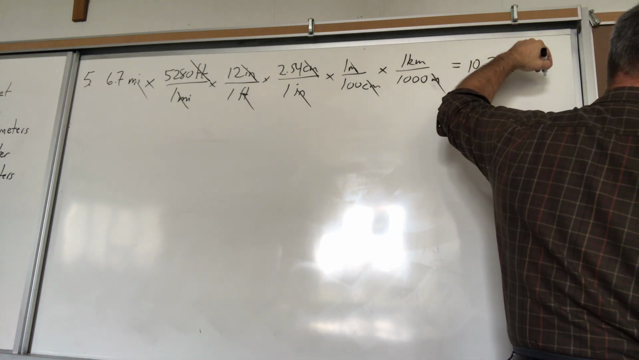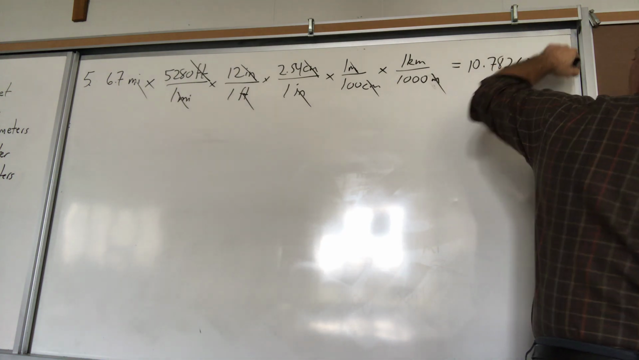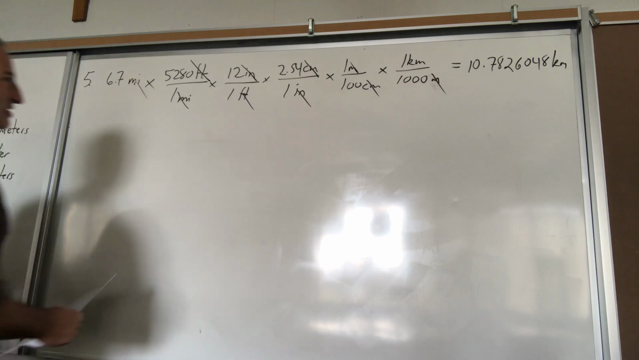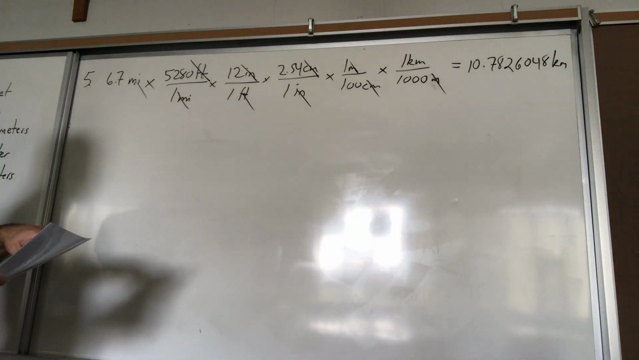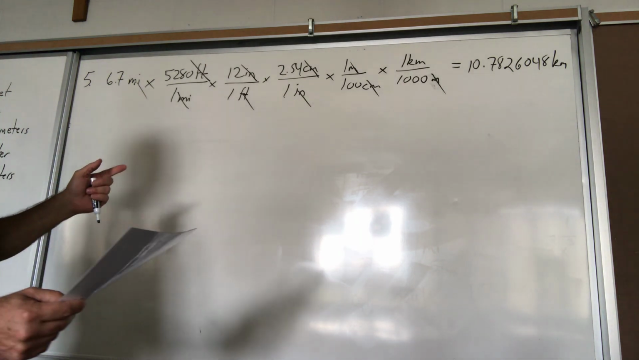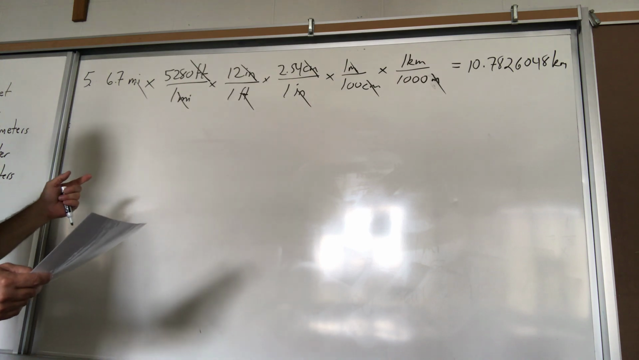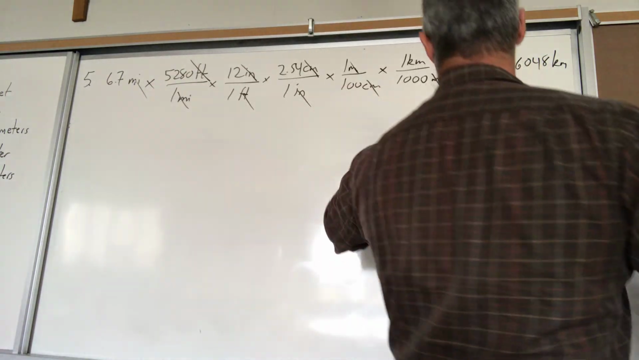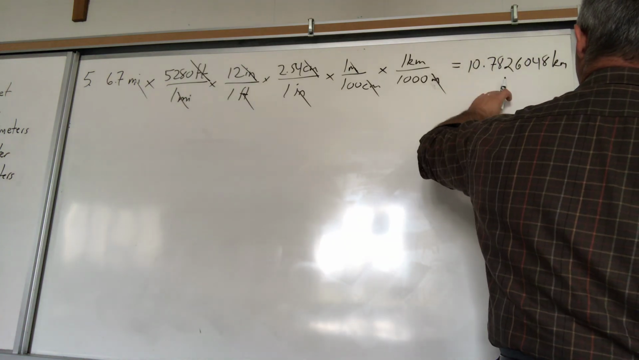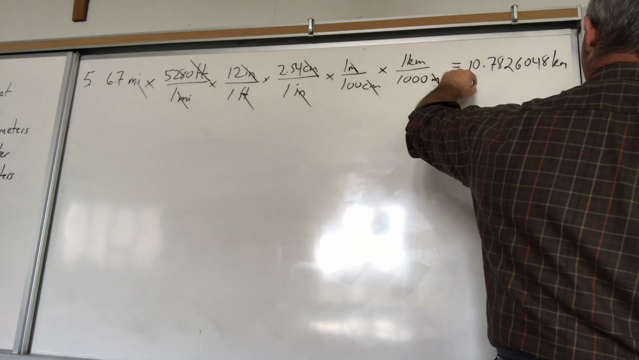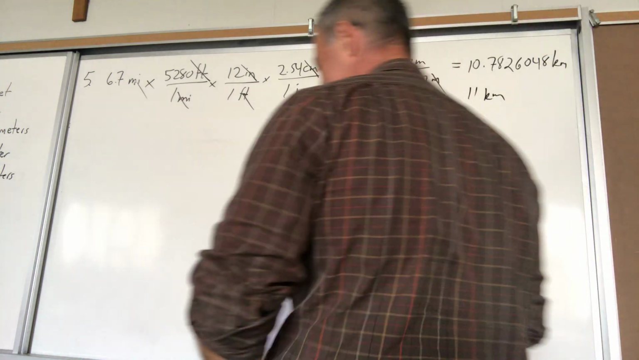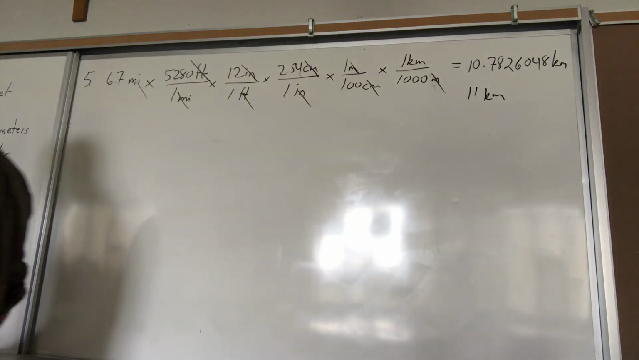which gives you 10.7826048 kilometers. Now, I'm going to assume that, okay, this is a measurement. It says convert the following measurements. So if they're measurements, there's no way you're allowed to keep all those significant figures. You would actually, after all that, have to reduce it down to 2 significant figures, so your answer would end up being 11 kilometers,